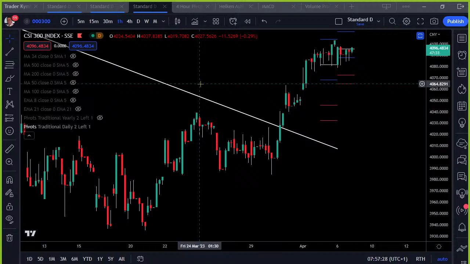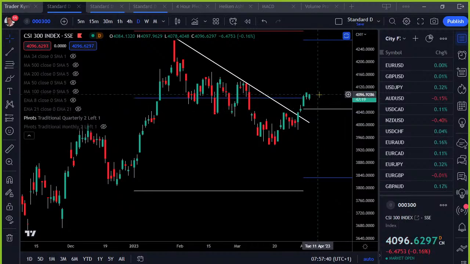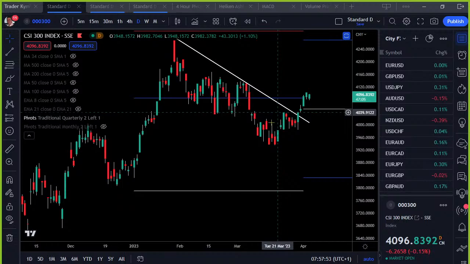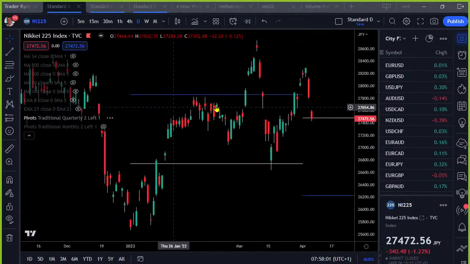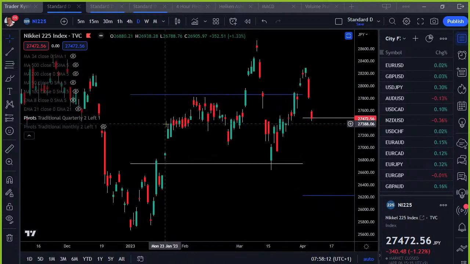The CSI 300 in equity markets, let's come into dailies for this. It's actually closed down on its open, so it sort of gapped down and back-filled, but it was slightly down. Still, as I say, structurally it's changed. It looks like it's changed trend a little bit more and still has potential. The Nikkei, on the other hand, gapped down and stayed down, and what was looking a couple of days ago like quite a bullish market has gone quite ugly very quickly.